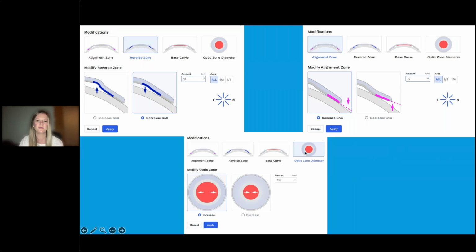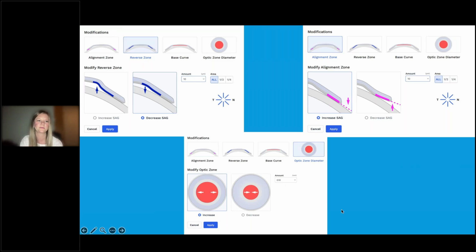So you can just select optic zone diameter here. You can choose to increase or decrease it. For her, I increased it, and you could choose whatever amount you wanted to, okay? I think in her situation, I'll see in the next slide, I think I increased it by like 0.2, 0.3. I'll look to see which one it is, but you can really choose the exact amount that you want to